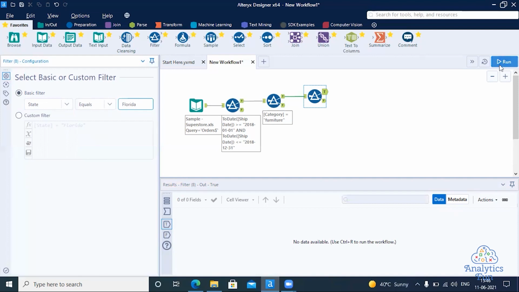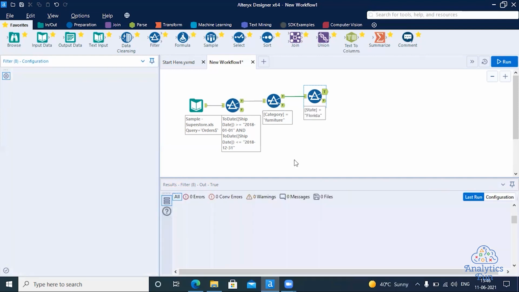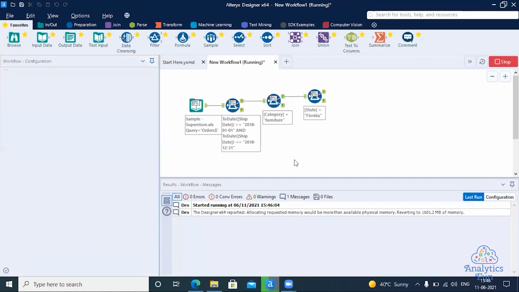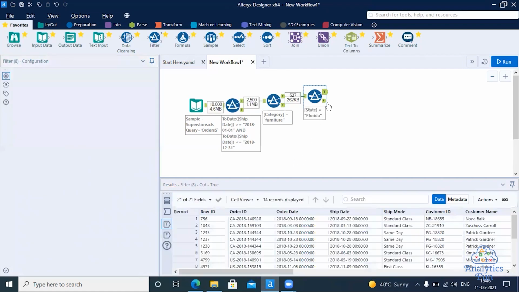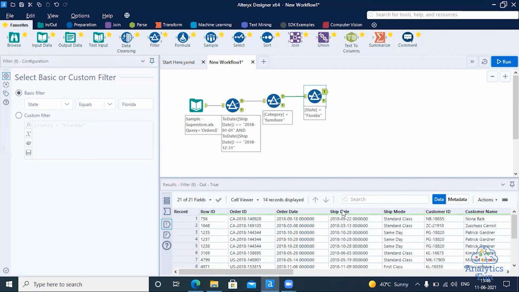Also, you can use this run button or simply use Control R, the keyboard shortcut, to run the workflow. Now I have 14 records, so 14 orders were shipped in 2018 in the category of furniture from the state of Florida. So this is how we have used the basic filters.